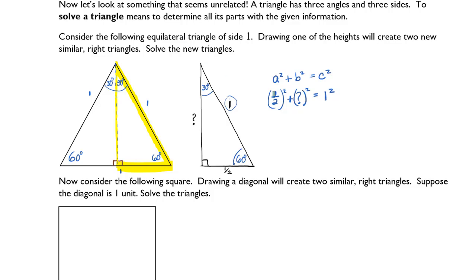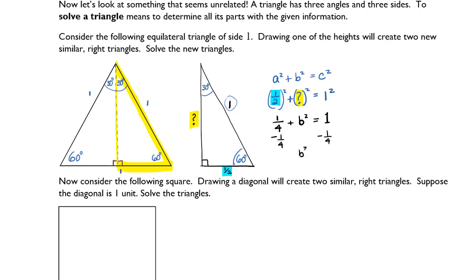Now if I were to show you where each one of these is. My half is coming from one of my sides. The other unknown amount here is my other side, and 1 squared is my hypotenuse. So I'll have 1/4 plus some unknown amount. We'll just keep calling it b squared until we figure out what it is, equals 1, because 1 squared is 1. If I subtract 1/4 from both sides,